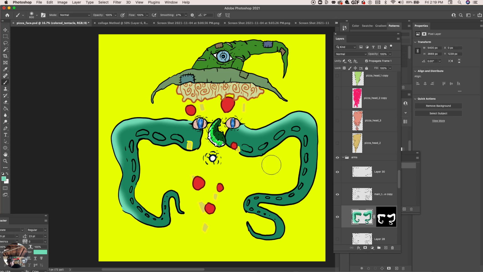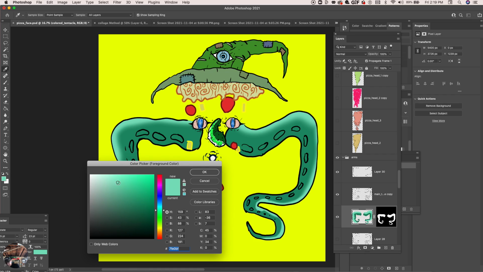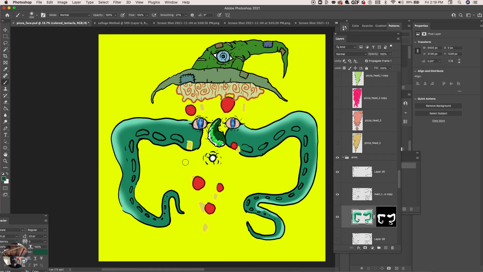I'll just do it on the top side. And then I'll do the same with the darker color